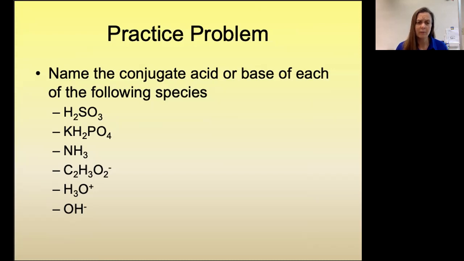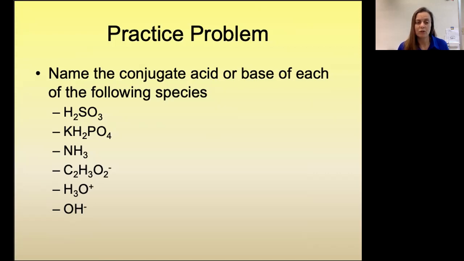Now, this next one is a little bit more challenging. If we take a look at this potassium dihydrogen phosphate, we can see that we have this K at the beginning, and we don't normally have that in an acid, but we definitely don't have OH, so we don't have a base either. So this H2PO4, what is this? When we think about this dissociating, it's going to give us a potassium ion, and it's going to give this dihydrogen phosphate ion. And the dihydrogen phosphate ion with a -1 charge can actually behave as an acid or